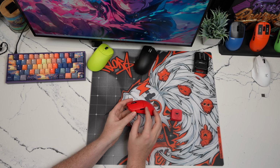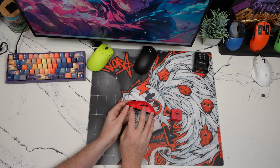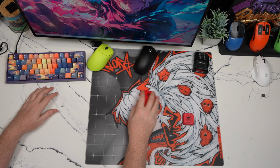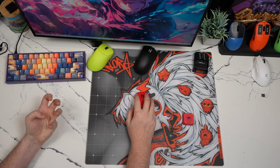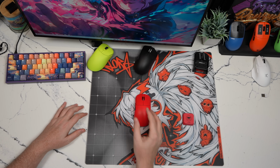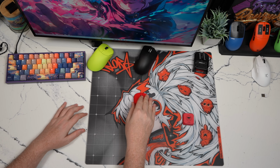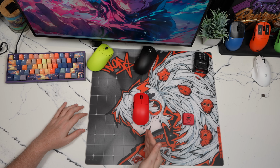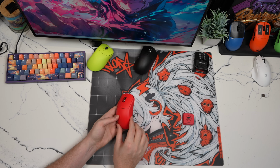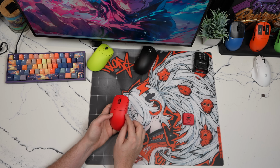It does have a low click height that you can see here towards the front of the mouse, very, very low. And the mouse does feel super small and super tiny in terms of grip width as well as length. Now, for me, I transition into a fingertip grip on this mouse, but because it does obviously fall more elongated in length than something like the X2f, and because it is somewhat similar in the ridges like in